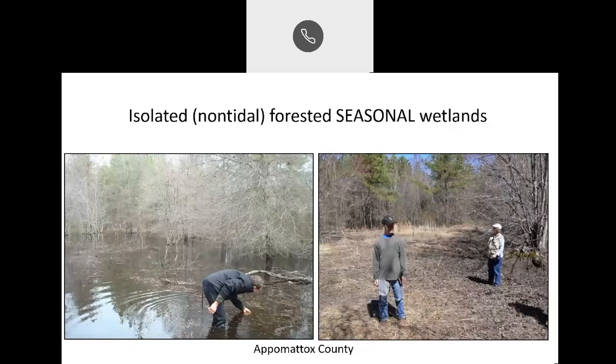That is to say, the hydrology is such that these ponds or pools or wetlands hold seasonal water on the surface. And these images here show a site in central Virginia, both during the wet phase on the left and during its dry phase on the right. So this is quite the juxtaposition of an environment that is both aquatic for part of the year and then terrestrial for another part. I like to think of them as a double dose of biological diversity because of these contrasting environmental conditions.